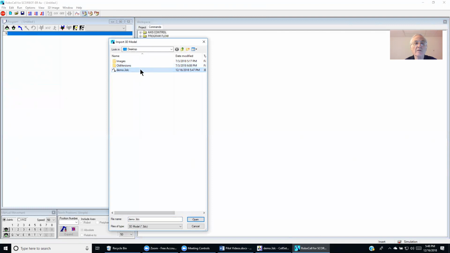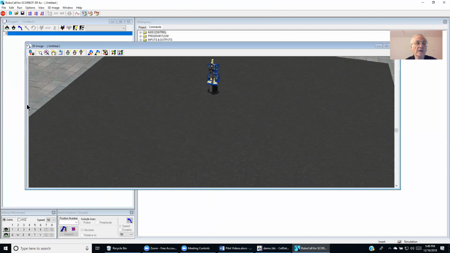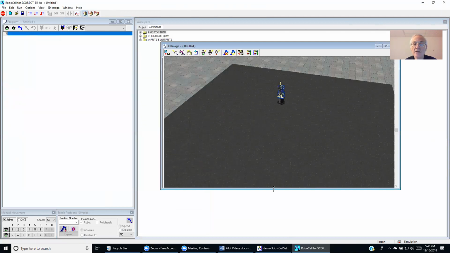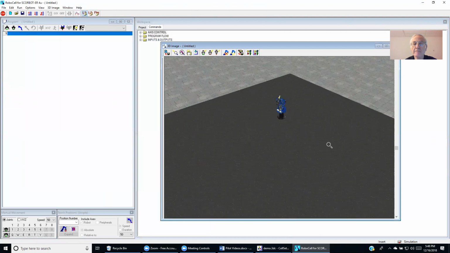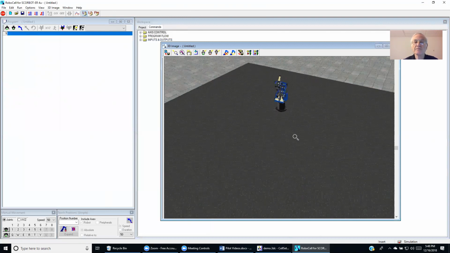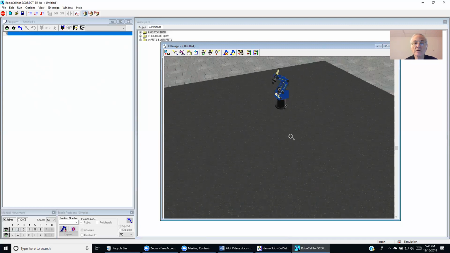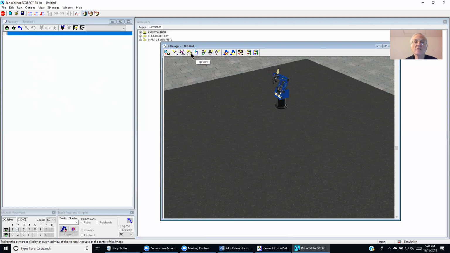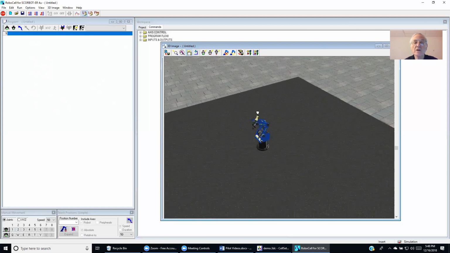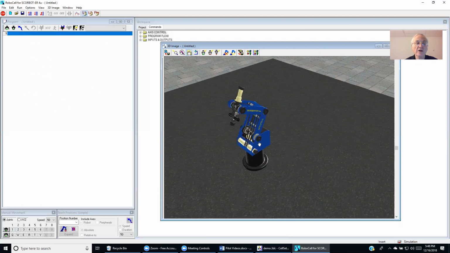When we double-click that, we see the scene, and we bring it in to the right-hand side of the RoboCell screen. What we like to do now is take a look at some of the features. The first feature: if we want to position the robot in a slightly better location, we center it and then can bring it on a close-up.